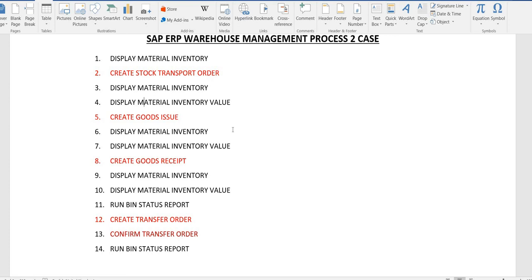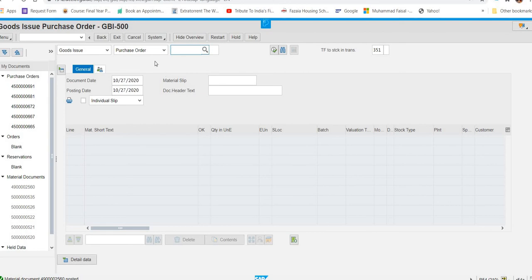And then we will go for the other option. Display material inventory. Again, you will perform it in the same place, so I'll go out from here.